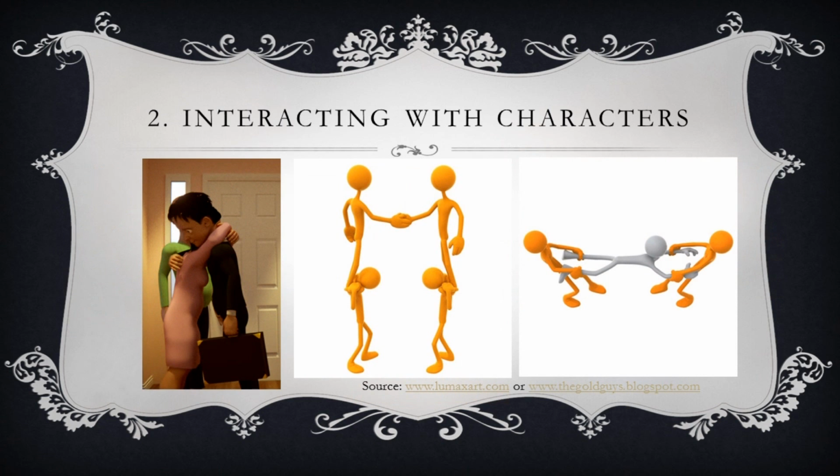Second, interacting with characters. Now this does sound a little similar to interacting with props, but a lot more complexities are added in. It is recommended to also use constraints, since manually animating both characters can be very time consuming. Both characters tend to have movement, and thus it is important to establish who leads the movement. Say for example in a handshake, you need to decide which character will have the handshake animated keyframes and which character will just follow along.